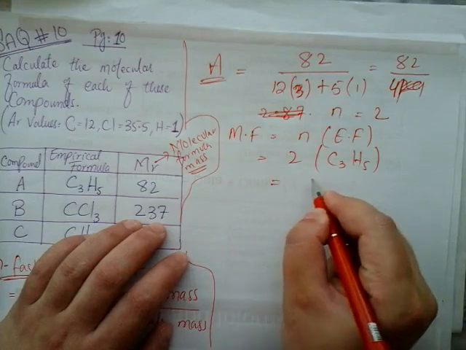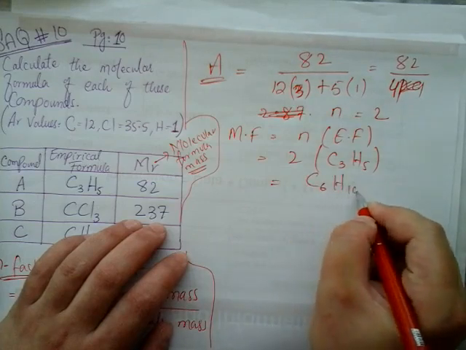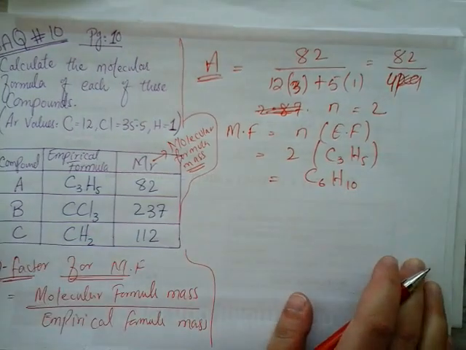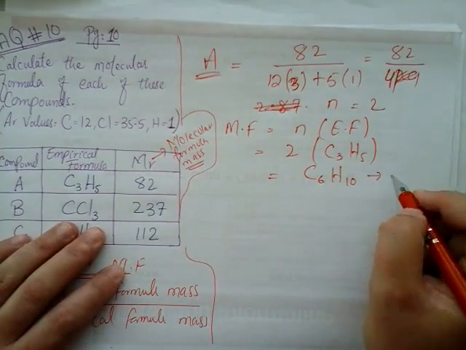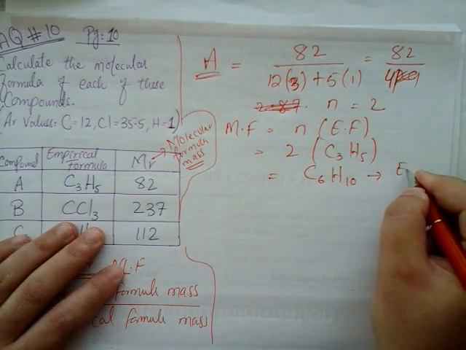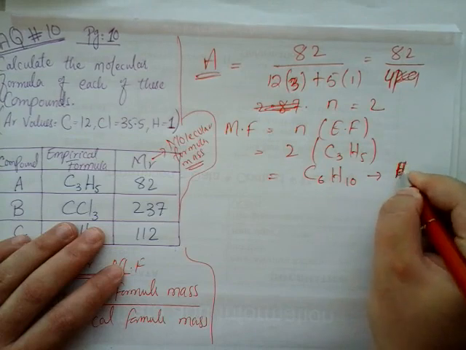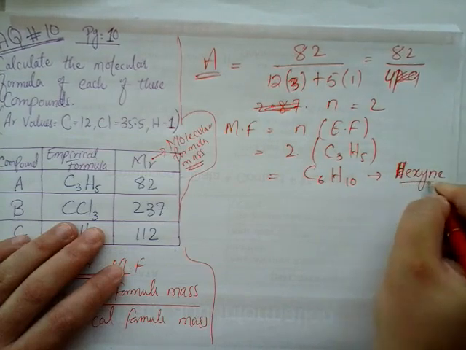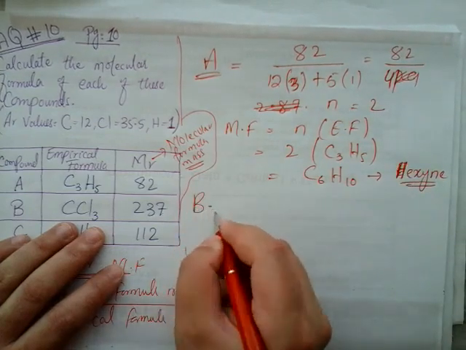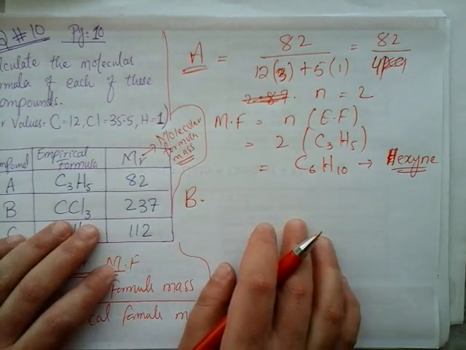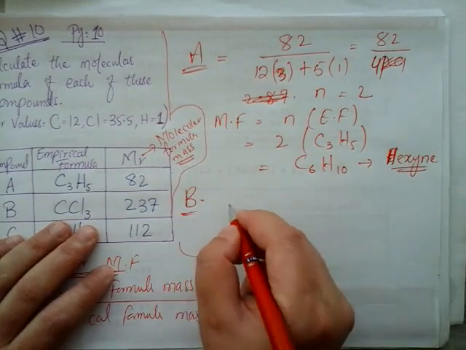Molecular formula would be C6H10. So this molecule is a hexyne molecule. Okay, so the B molecule, in the same way, carbon tetrachloride, we need to find the N factor, and